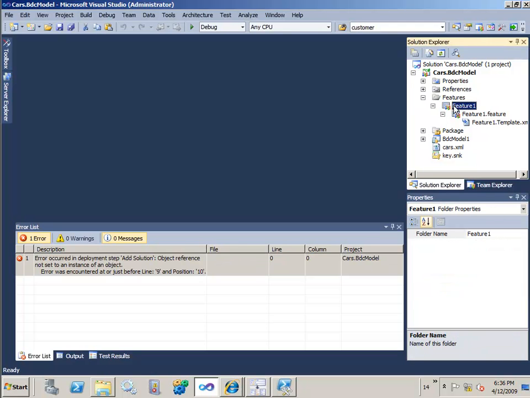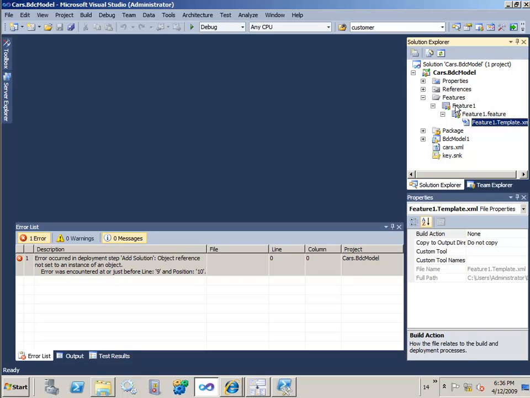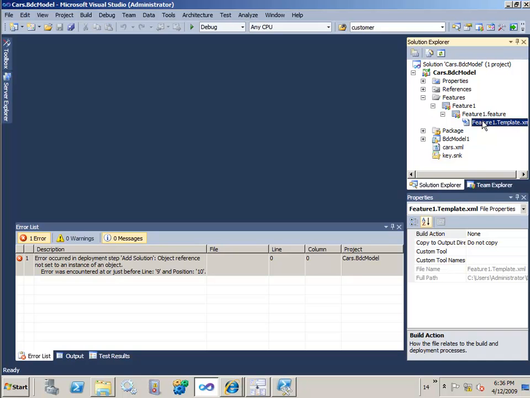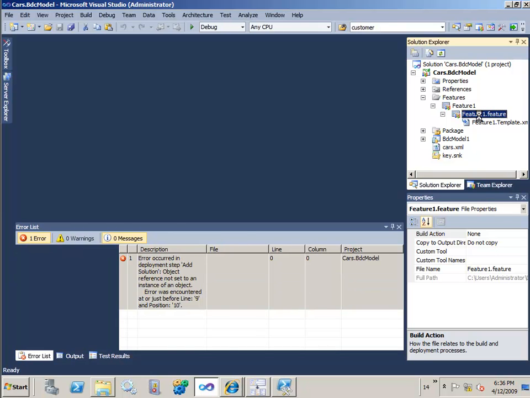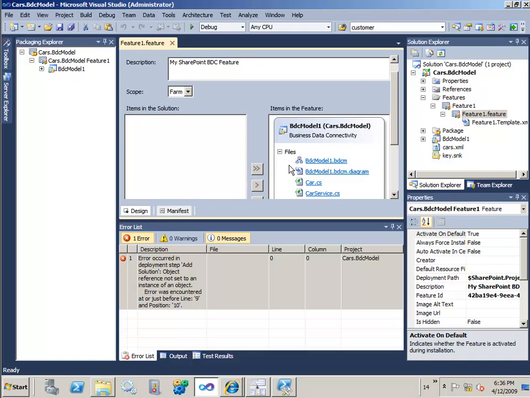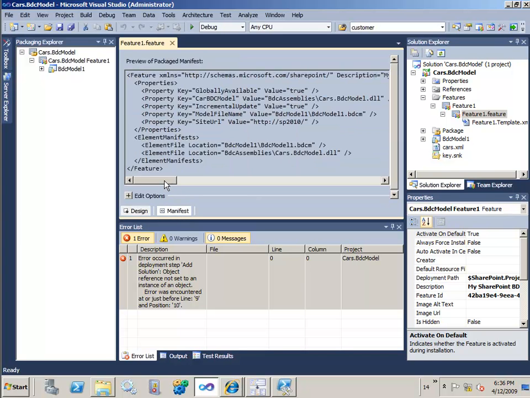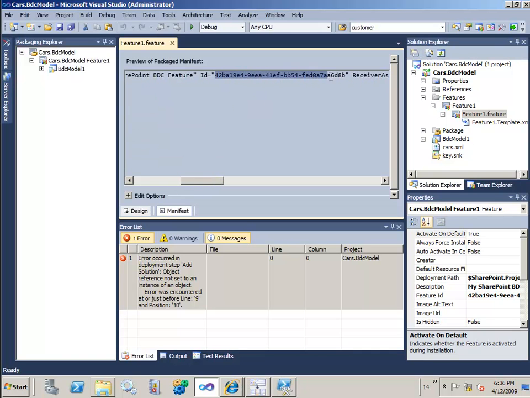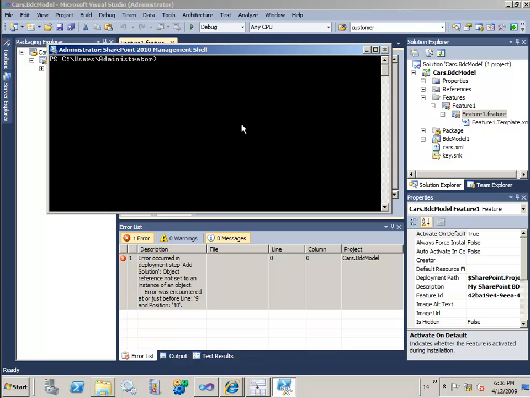Now what I could do is come in here and actually change the GUID in here for that property in the package thing here. And you'll see if I get up the manifest file that there will actually be a feature GUID here that I can try and remove or adjust, but I would like to try and clean this out of the system. So with the help of STSADM,